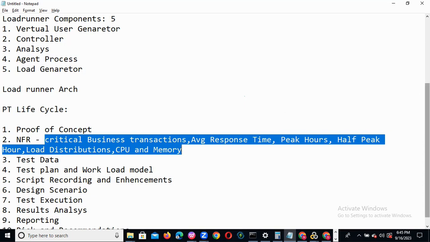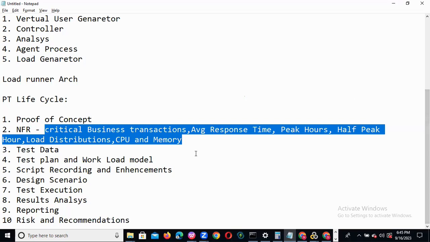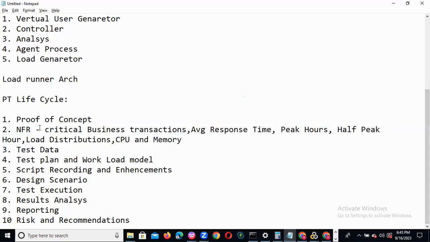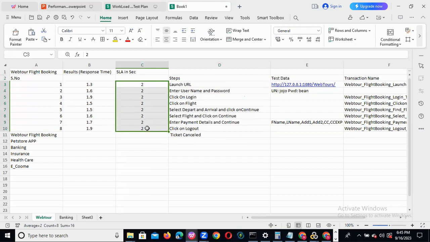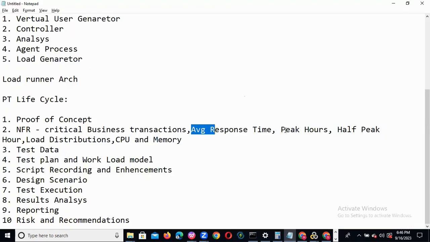Critical business transactions, all these things we can gather from the client. Average response time is nothing but what we need to ask for each and every transaction, the SLA, the response time. We can call it the average response time. You should ask for all these details. And after that, peak hours and off-peak hours, which are mostly about the number of users when